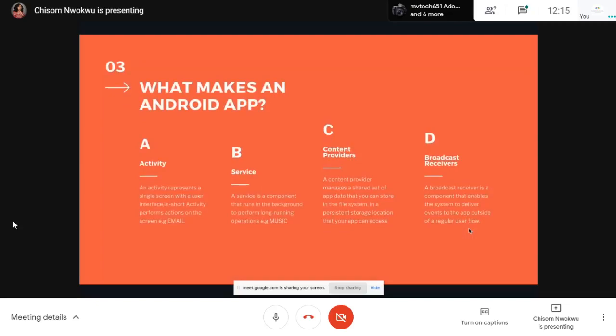So what makes an Android application? An Android application can be categorized into about four parts: an activity, a service, a content provider, and a broadcast receiver. So an activity represents a single screen with a user interface. An activity performs actions on the screen. Example, when you open your WhatsApp application, the first screen you meet